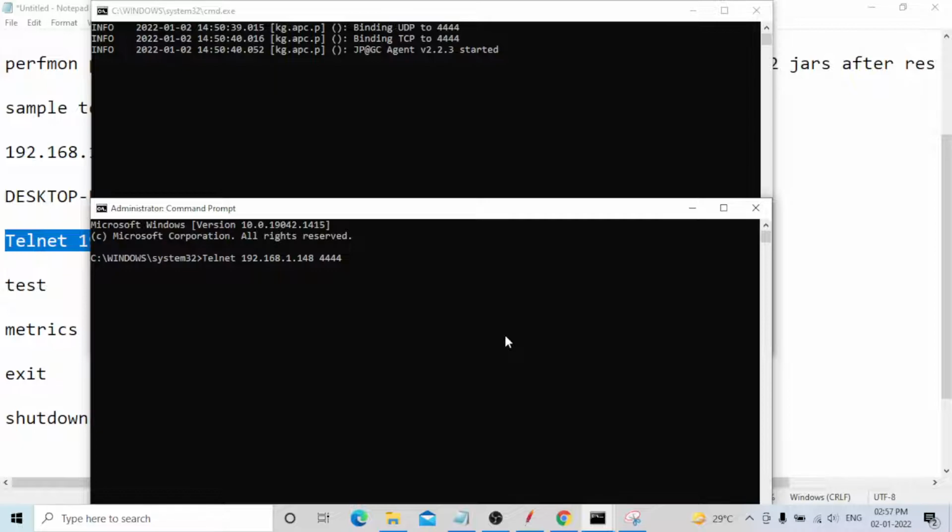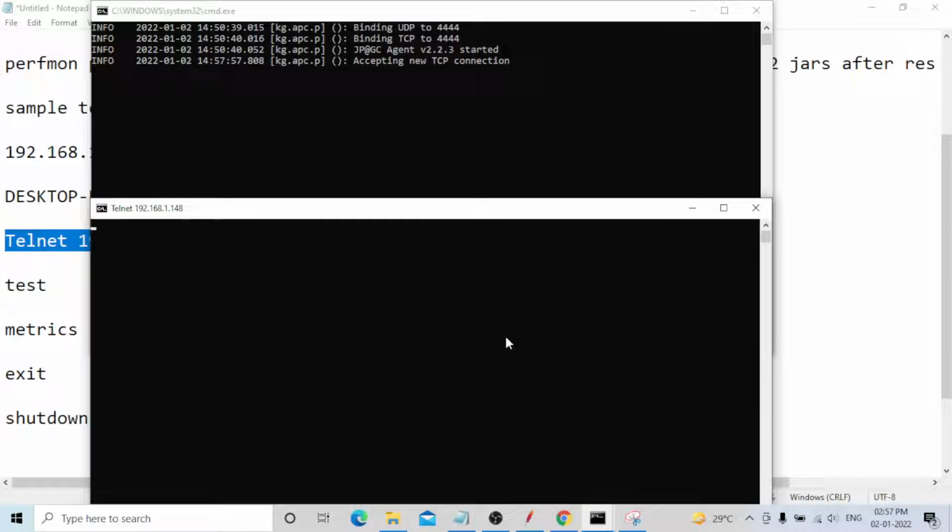You can type telnet 192.168.1.148 and 4444 and press enter. You can see the JPGC agent version 2.2.3 started and accepting new TCP connections. At that time you can see the telnet connection from 192.168.1.148.